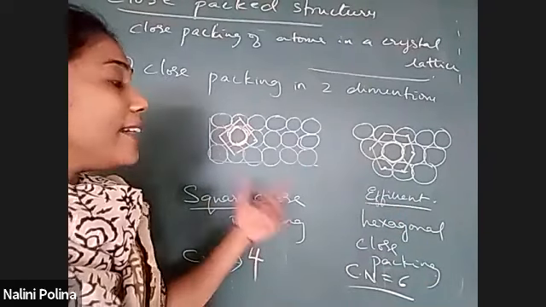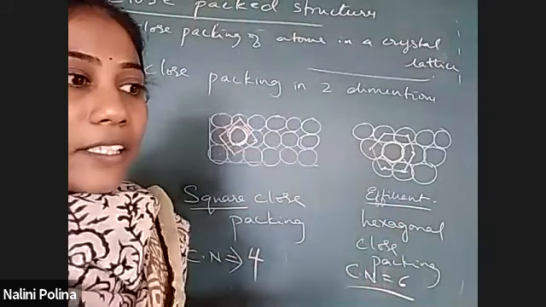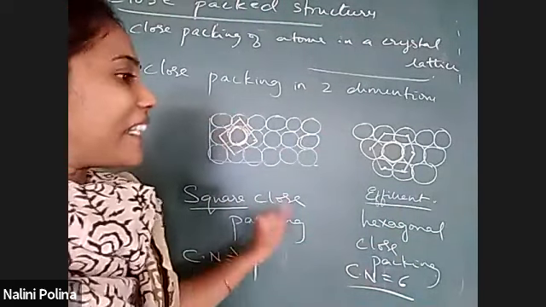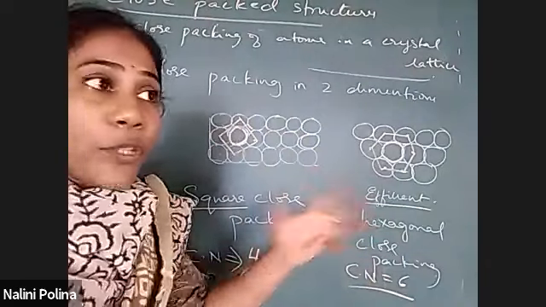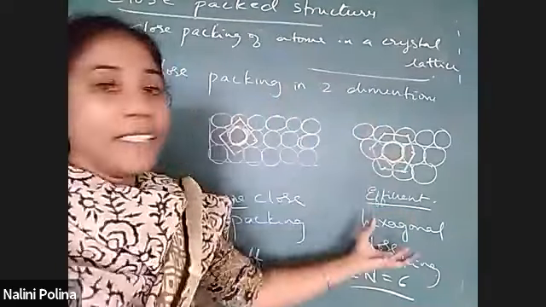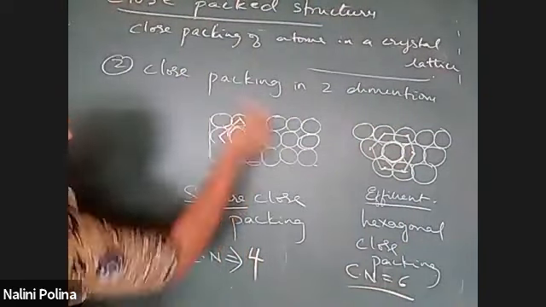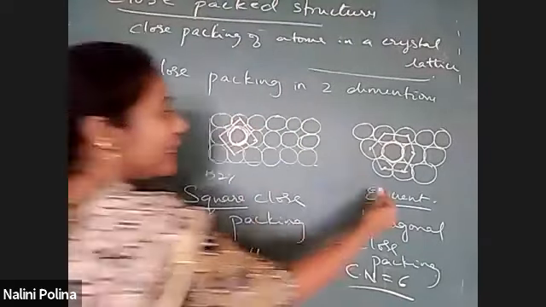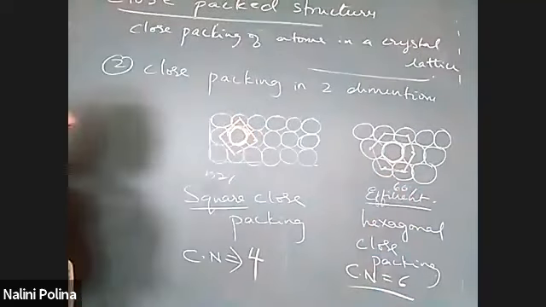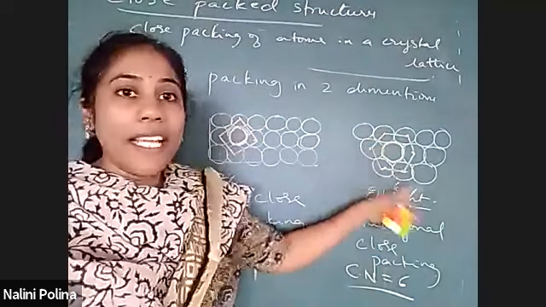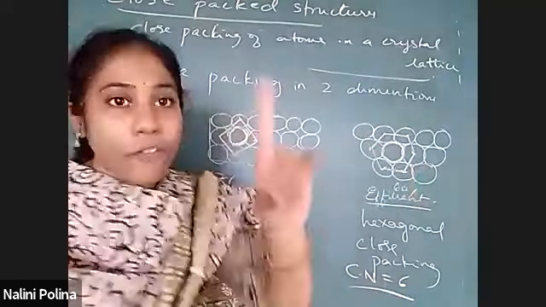There was a question asked in one of the previous NEET years, which way of packing in two dimensions is more effective. Actually they gave you the percentage of utilizing the empty space. You know what? Here only 52% of the total lattice can be used. But here 60% of the total space is utilized. More space is utilized here. That means this is more efficient packing. They asked for the numbers one year.